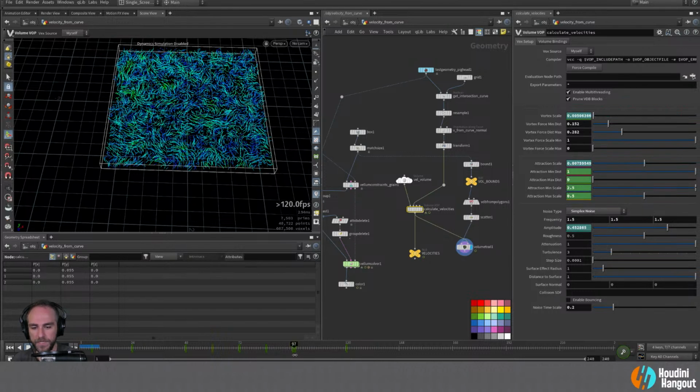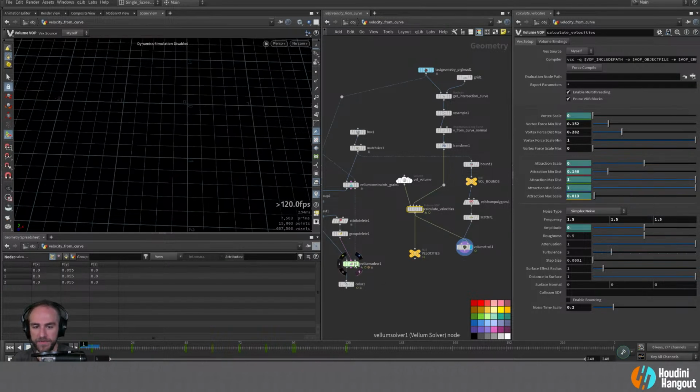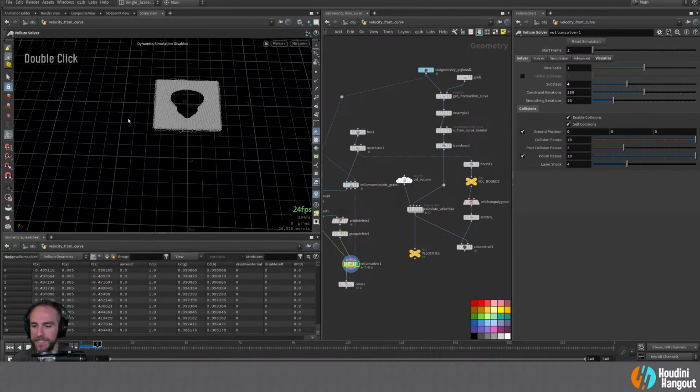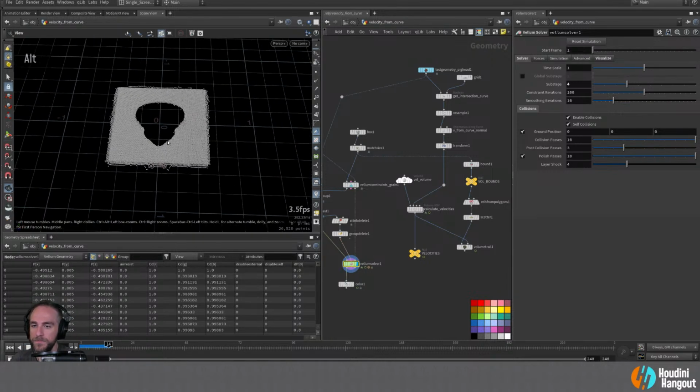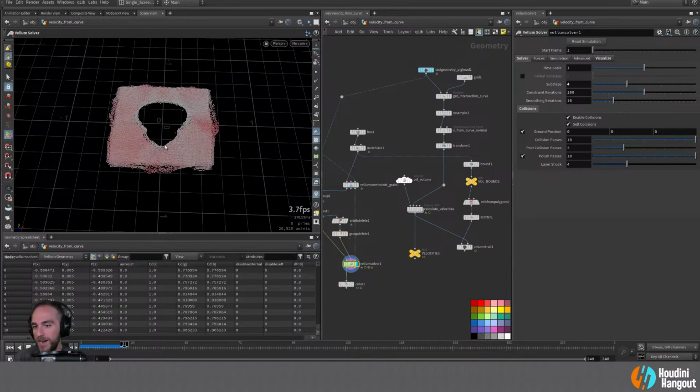Okay, 327. I'm just doing this blind, but that's okay. Let's see what that does. Just want that not to be pulling maybe quite so hard. Oh, dynamic simulation disabled. Turn that back on. All right, let's see what this does. I don't know. Just playing with properties here, but